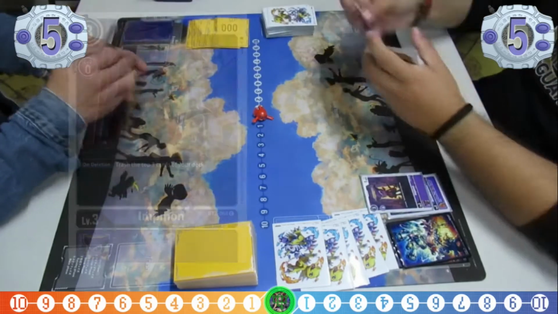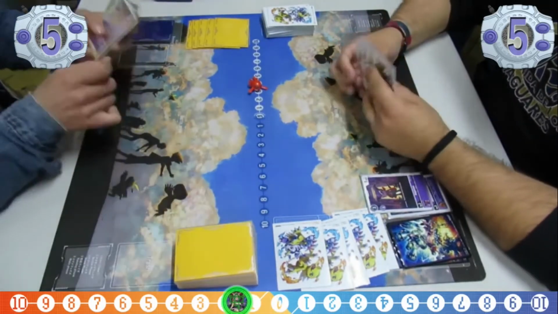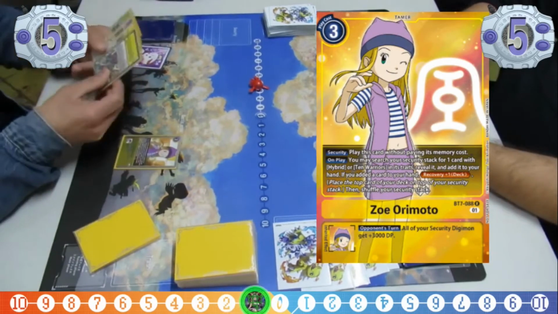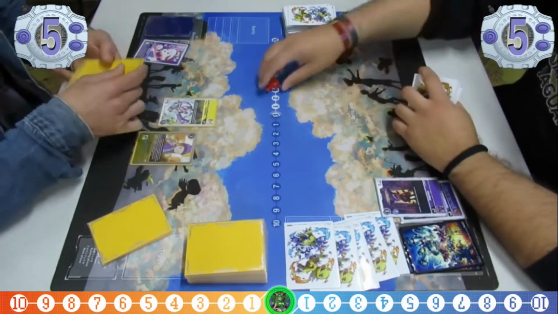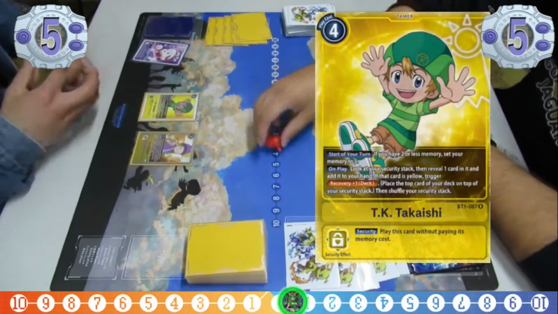Cherubimon player starts, evolving into an Impmon in Racing. And passing turn, he doesn't have anything more to play in hand. Yellow Hybrid starts, plays a Soy for 3, checking if he can add something from security. Finally, there's a Casemon. And recovery +1. And he plays a TK for 4,